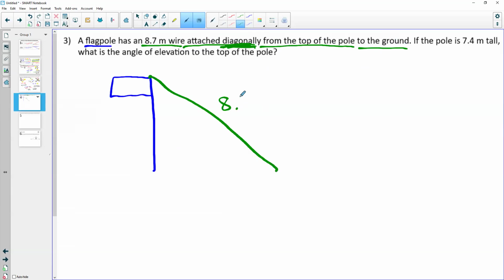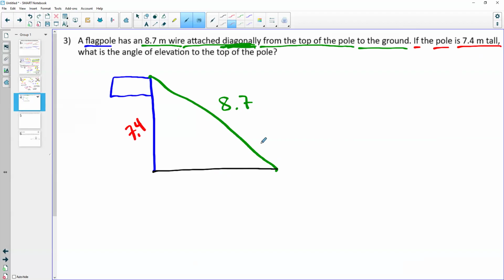So this is 8.7 meters. Now we can complete our picture here. This black line is going to represent the ground. The next part says if the pole is 7.4 meters tall, so the flagpole is 7.4